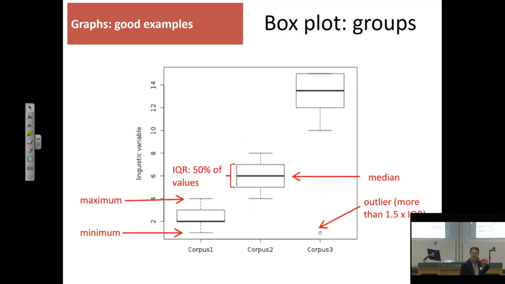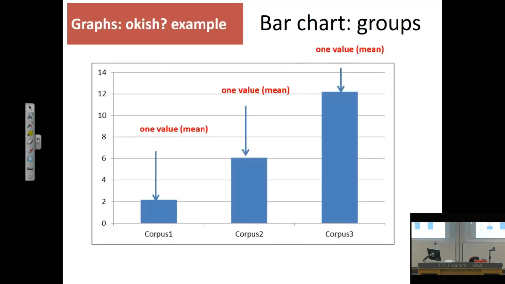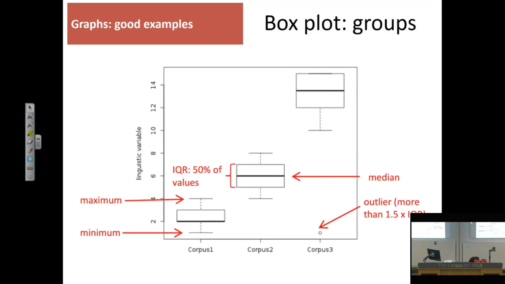If we have something like a box plot, and I mentioned box plots in yesterday's lecture, we might be able to actually display more information, right? Just to remind you, what we see in a box plot, again, is the same type of data as in the previous bar chart. So we have 3 corpora, and we can display them like that. What we see is the maximum value, the minimum value. We can see the median, right? That's the middle line in the box.